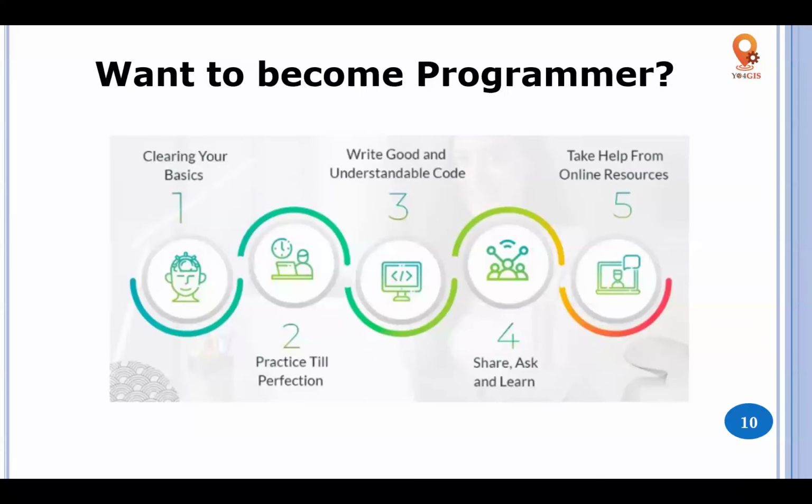Because when I started development, these resources were not there. So my time was a very tough time for a developer. But in today's era, things are easy. The most important thing is that we have to understand the concept. If we understand the concept, then we can get the proper code from the AI chatbot